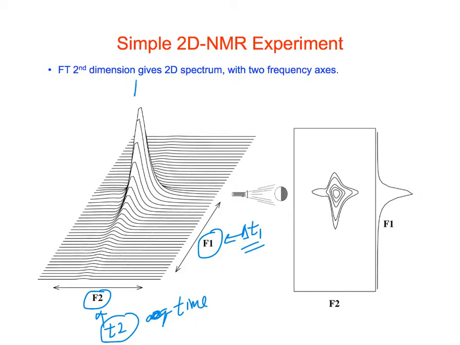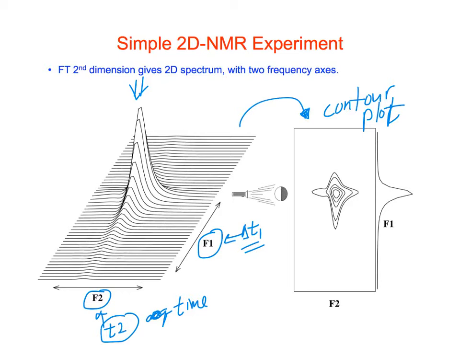Instead, what we do is we usually view them from above. And so we look straight down onto this, and we get this spectrum over on the right, which is called a contour plot,